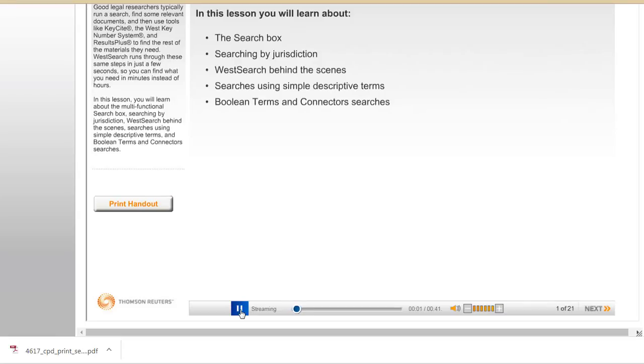WestSearch, the powerful search engine in Westlaw Next, does research the way you do it. Good legal researchers typically run a search, find some relevant documents, and then use tools like KeyCite, the West Key Number System, and Results Plus to find the rest of the materials they need. WestSearch runs through these steps in just a few seconds, so you can find what you need in minutes instead